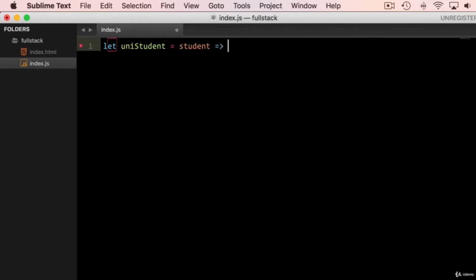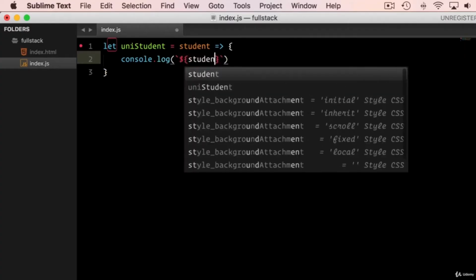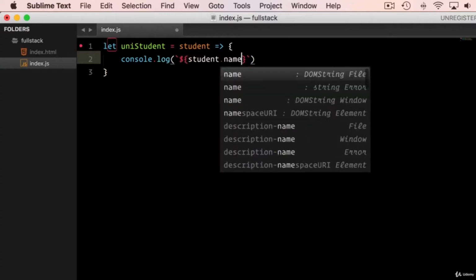Okay, this is an arrow function, and it will return, let's console log, and let's build this up. Let's use this template string. Within these two backticks we can use the variables, right? So using the $ and curly braces, let's say student.name, because we are expecting an object, so this object will have name property and the university. Okay, so console log student name